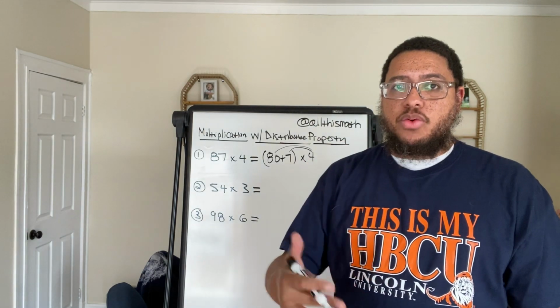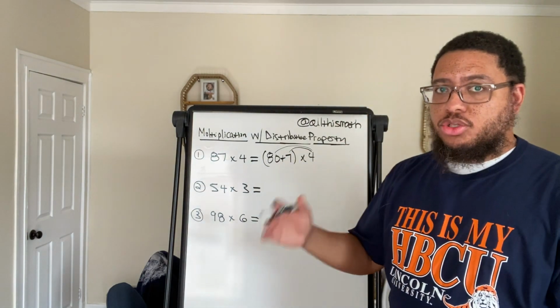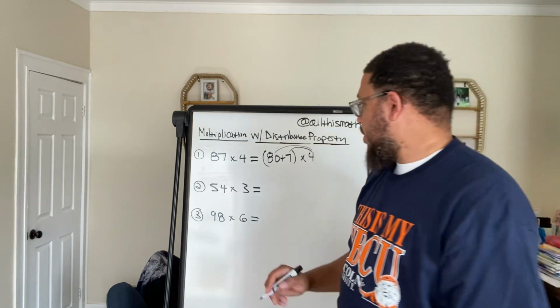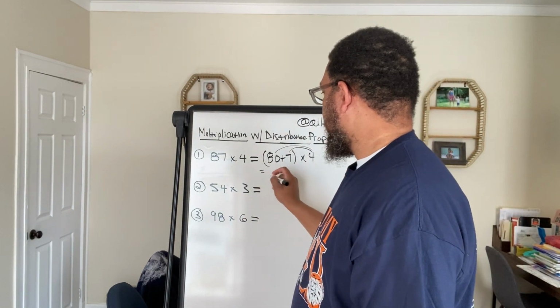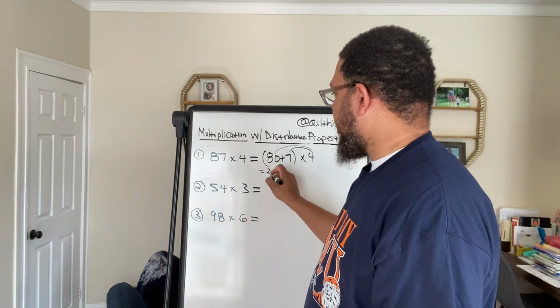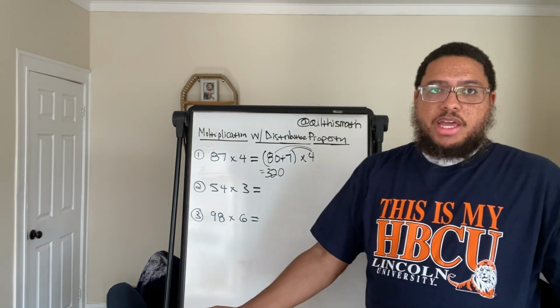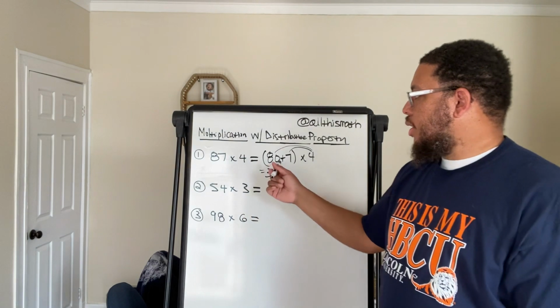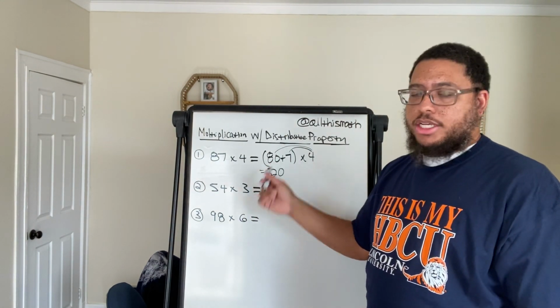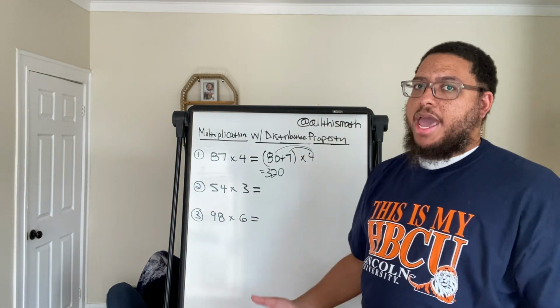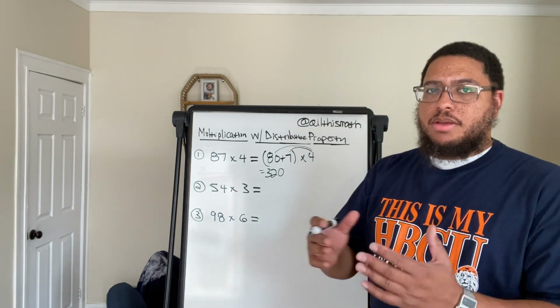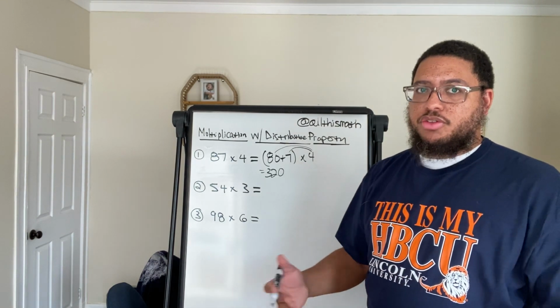So if 8 times 4 is 32, then I can do that. And then I reattach the 0. So then what I have is 80 times 4 is actually 320. That's another math trick. It's like a cheat code when you're playing video games, right? It's a cheat code. You can pretend like the 0 is not there. That's why I call it a happy number, because it makes me happy. Also makes me happy that the math becomes easier when I use different tricks like this.